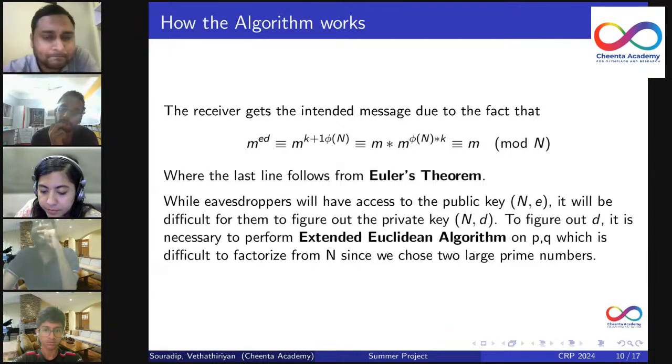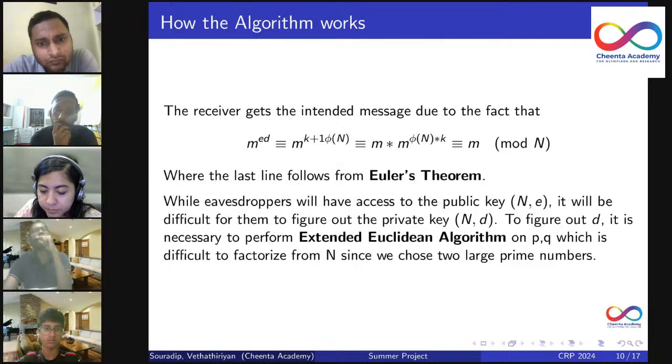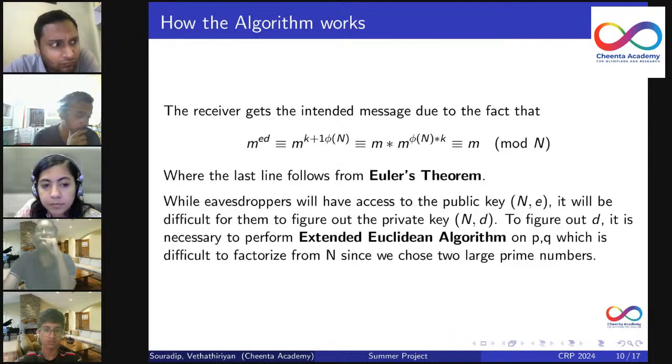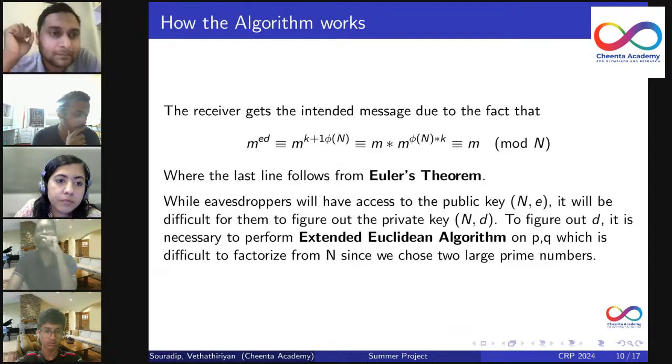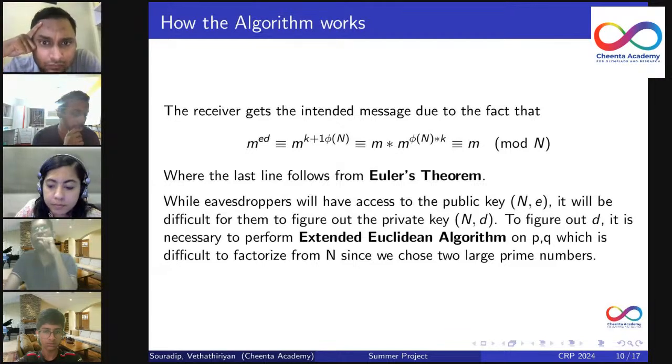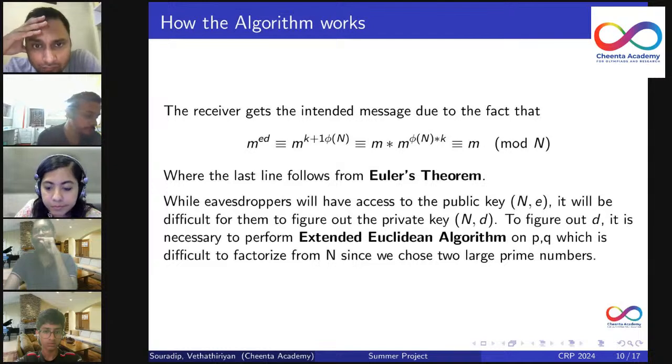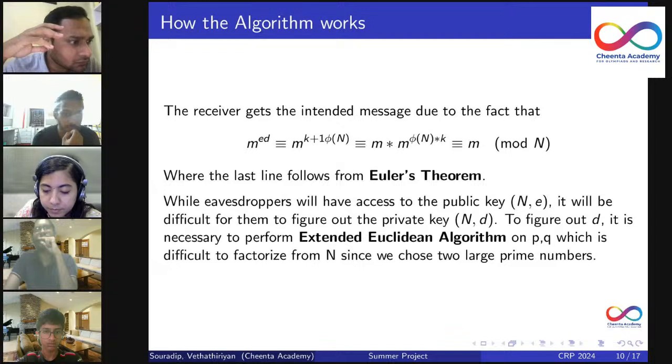How do we get this? Because d into e is basically any multiple of phi of N plus 1. So the remainder would be 1, and if we apply the division algorithm, we get the form k into phi of N plus 1. If we take the 1 out, we can write it as m into m to the power k into phi of N. And if we apply Euler's theorem on m to the power k into phi of N, modulo N,